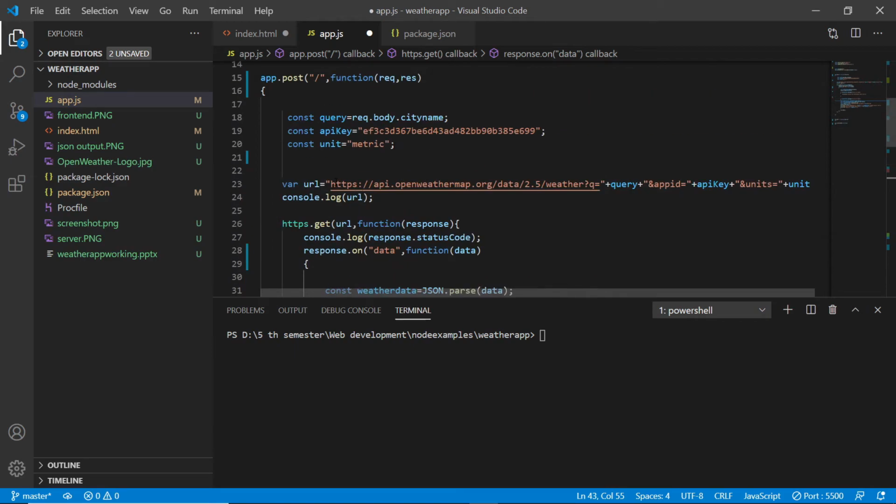Now let me copy the URL and show exactly how we are getting this, because I think you might get confused by this.